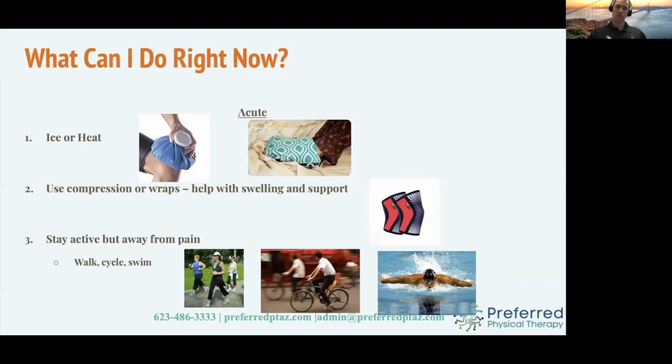And then stay active. Our biggest thing with knee pain is stay active, but rest from those activities that cause pain, meaning don't go away from everything. Don't go sit and be a couch potato or lay in bed and say, oh, I'm resting. Doc says don't do anything. To rest, what we want you to do is to find an activity that you can sustain without causing more pain. It's hugely, hugely important.